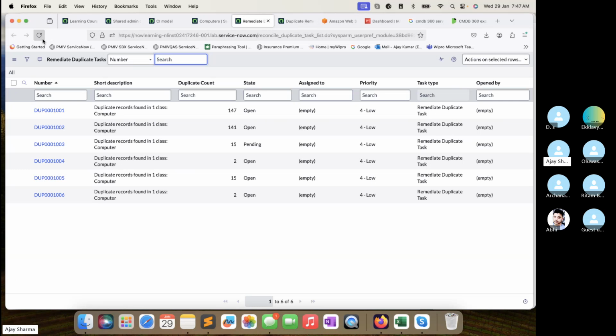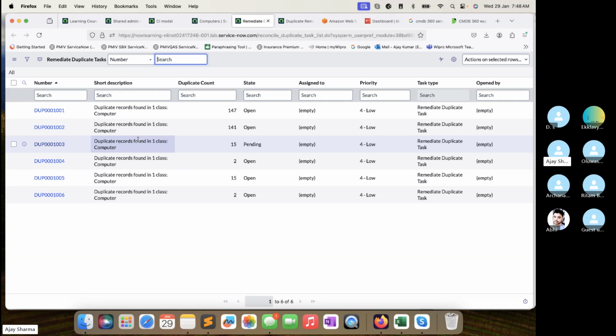Look at that aspect as well, because if you fix it here, for example, try to understand: duplicate tasks will be created again for different CIs. We need to fix the cause, and that duplication task is created through the identifier rules, or identification rules, right? We need to fix that particular one. If we observe and find out what process is being used in the customer environment for the particular CI classes,